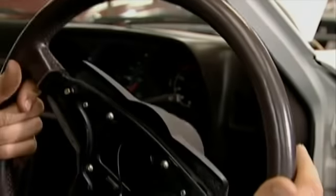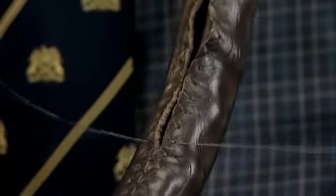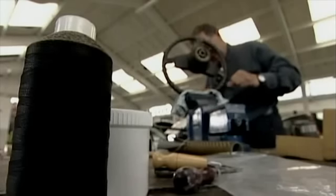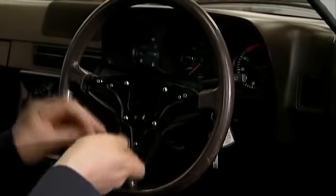Now, Ed's used his brains, and with Mike the trimmer's hard work, we've come up trumps. He's only charged us 50 quid for fixing all that stitching. Not bad when you think a new wheel from Porsche would have set us back £250. Now, when I put it back on the car, it's just the reverse of taking it off. But while I'm in here, I might as well tell you about this other little problem I found. The back door doesn't actually open. There's a little electric switch down here which kind of operates some kind of